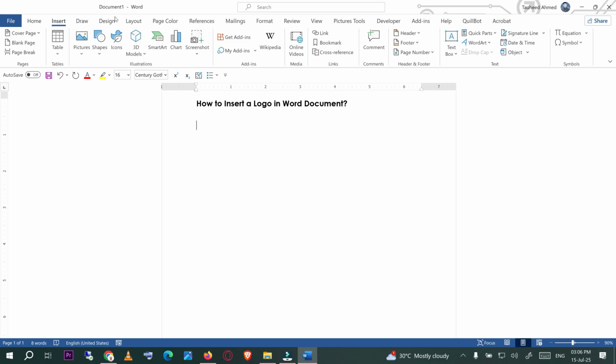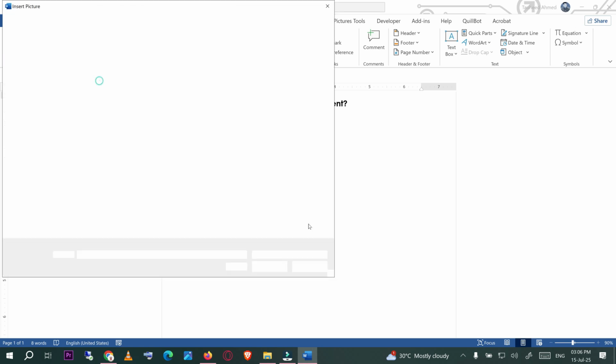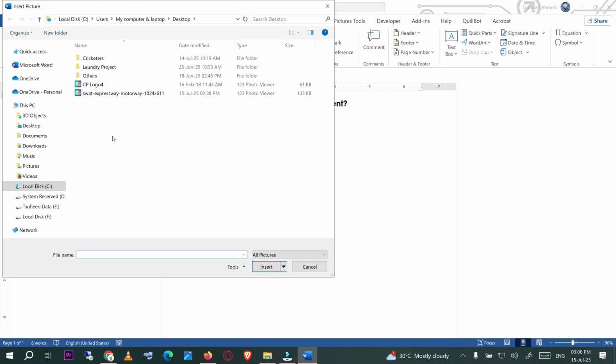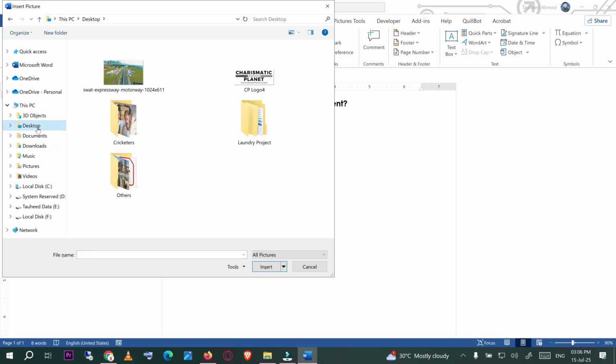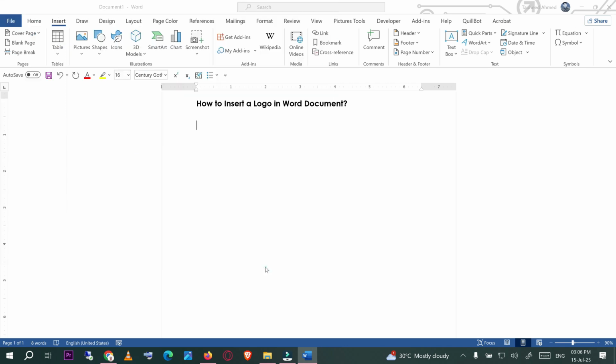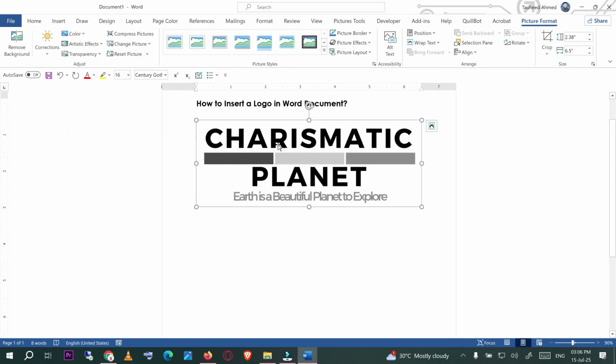First you need to click on Insert on the top menu bar, click on Pictures, and then click on This Device, and find the logo in your computer where you placed it. Normally people place it on the desktop, and I always do that. Here is the logo. For example, I'm selecting this one, click on Insert, and here you can see that the